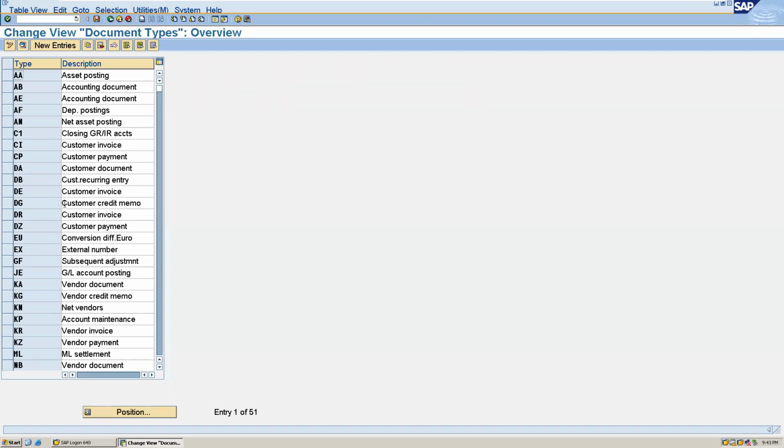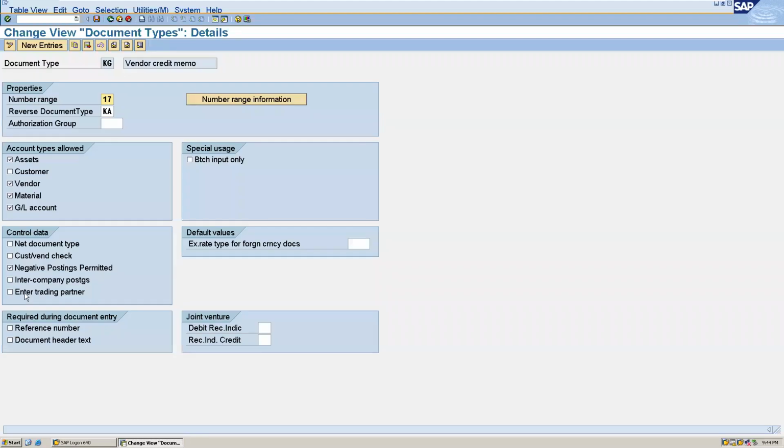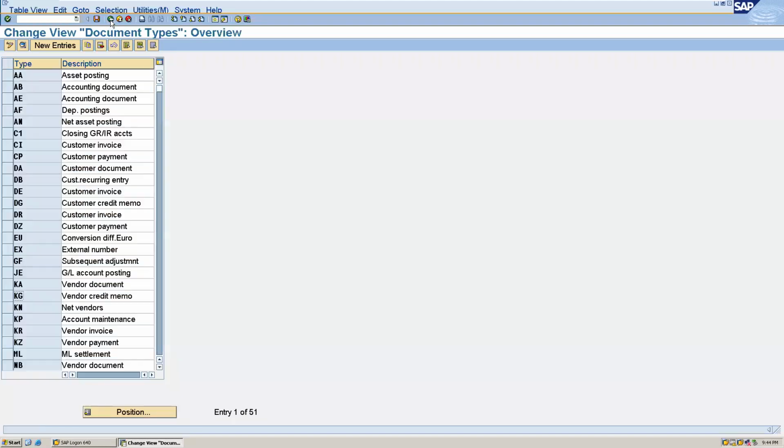The document types required for our vendor transactions are KA, KG, KR, and KZ. Here you could see inside this the number range and the account types allowed. The customer will not be allowed. Assets, vendor, material, and GL account. So we don't have to do any changes here. And go back.